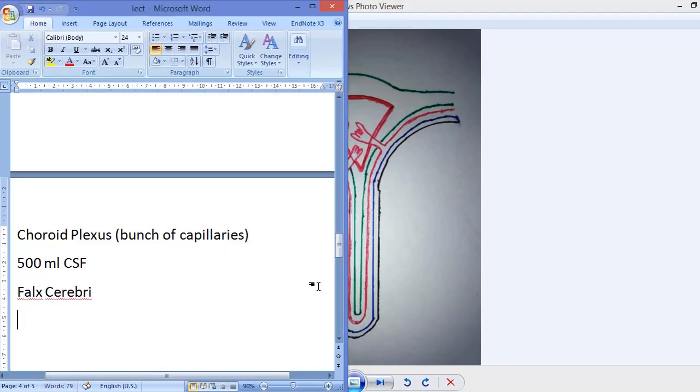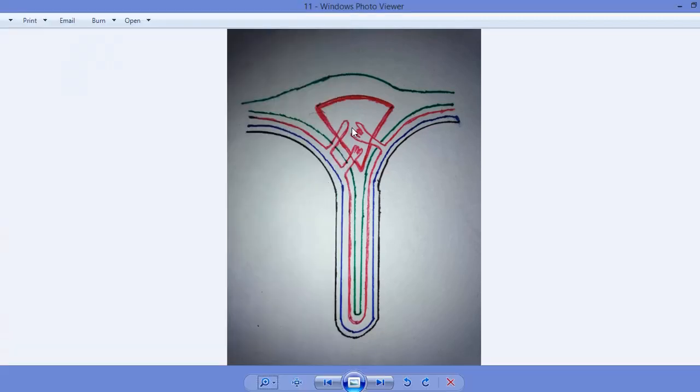I'm going to write it. Superior sagittal sinus. This is for venous return. This is the superior sagittal sinus, and to the superior sagittal sinus, a portion of the arachnoid mater is extended, is